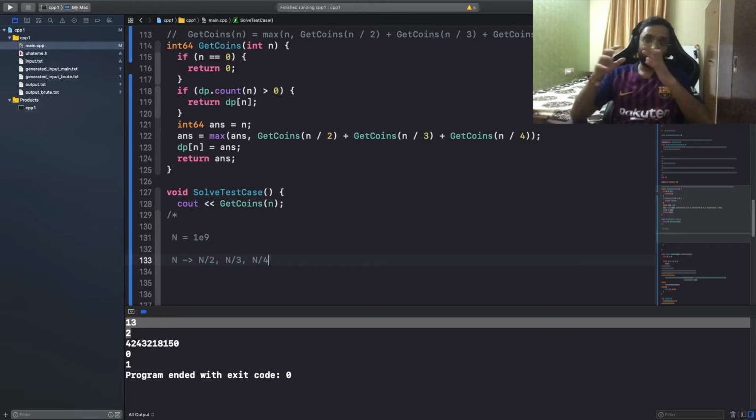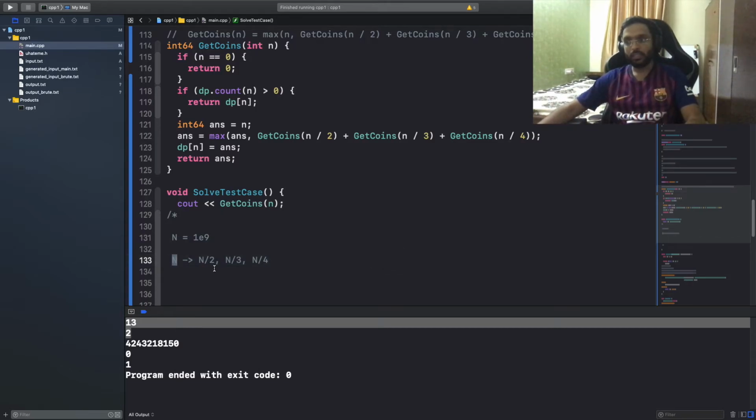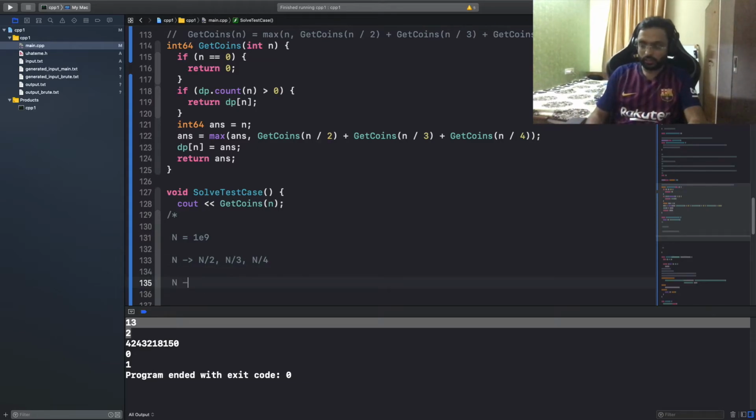Now, while trying to solve for n by 2, it will again call for n by 4, similarly for n by 3, that is n by 6, and n by 8, and so on. So we kind of see a pattern over here: for a particular value of n, we will definitely be figuring out all the values for all the stages where n is divided by 2. So for example, we will be solving for n by 2, n by 4, n by 8, n by 16, and so on.